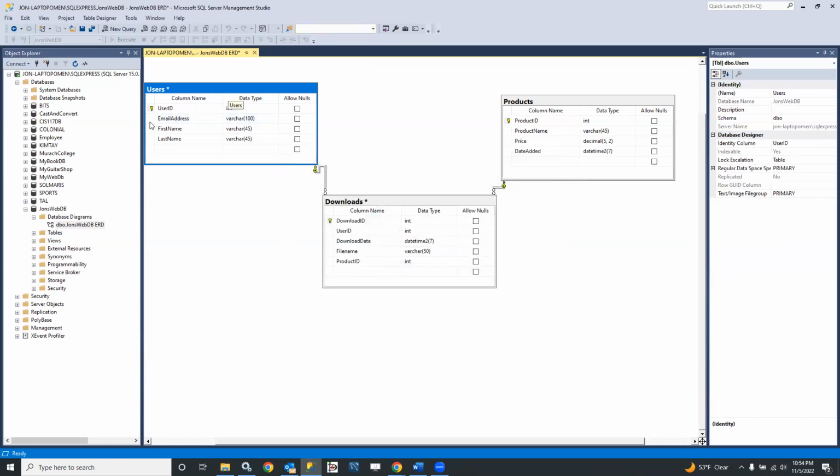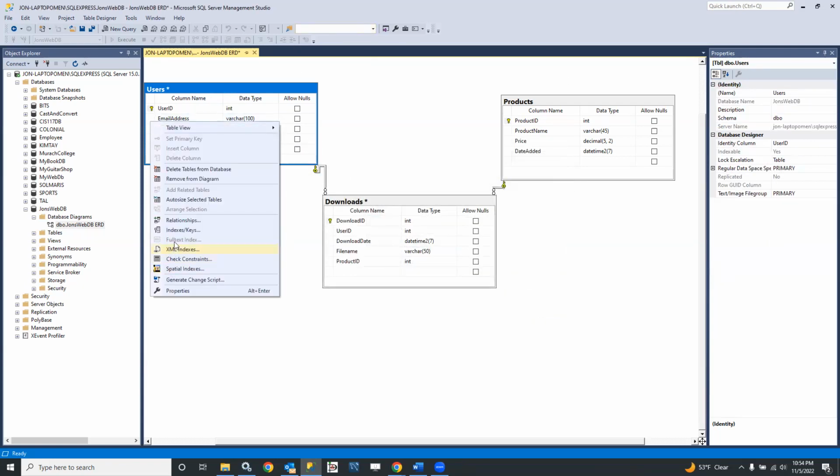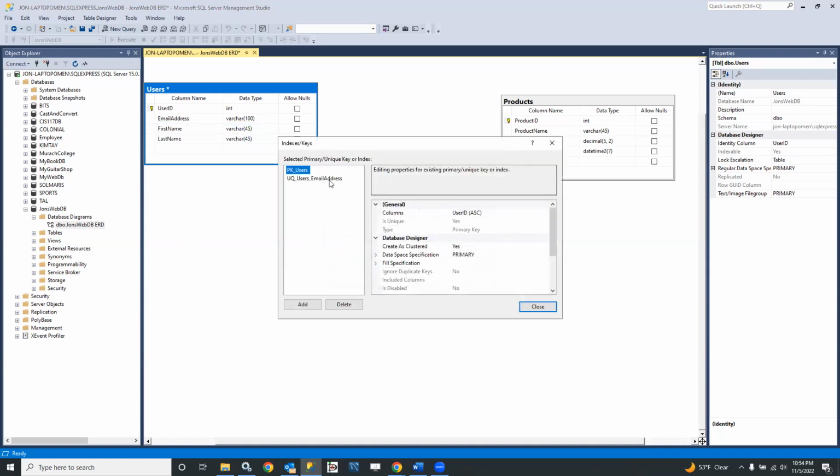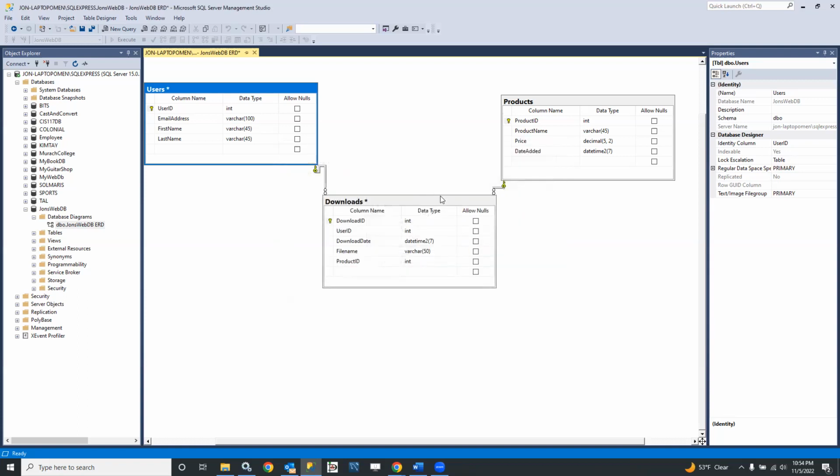Okay, double check that that worked correctly. Check our indexes. And this one, email address, it is unique. Great, that looks good. Okay, and so use the Management Studio to create a unique index on the email address